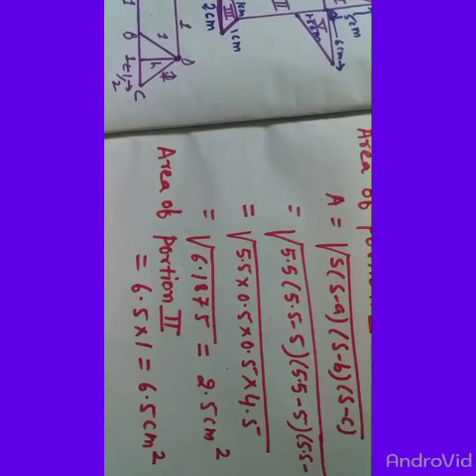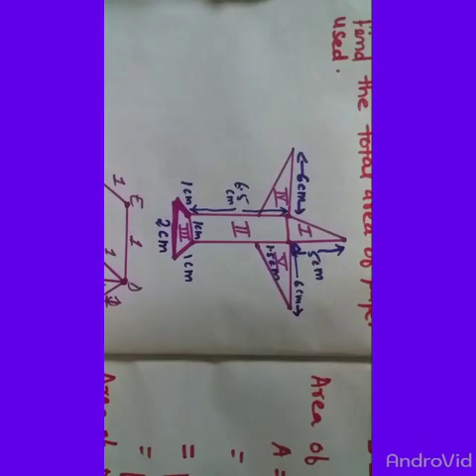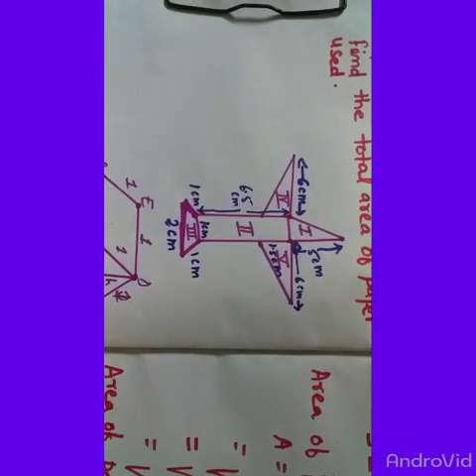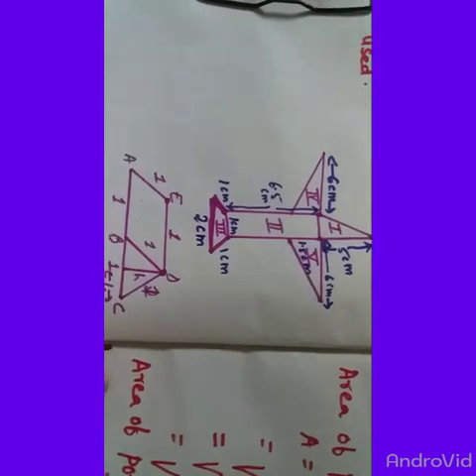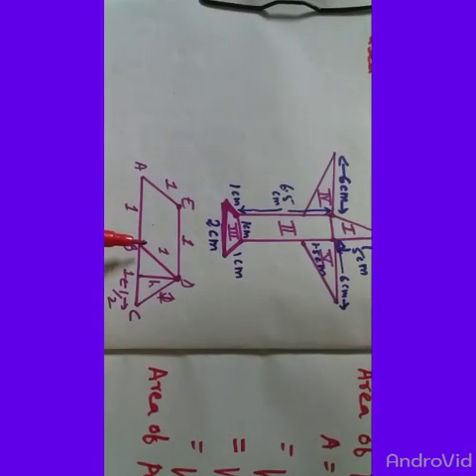Now see the third portion. The third portion is in the shape of a trapezium. So here I have arranged this shape, figure 3, like this. Here the whole side is 2 centimeter. I have drawn a perpendicular and divided this. So if the whole is 2, this part becomes 1 and this part becomes 1. Again this part is 1, this part becomes half. So accordingly we will calculate.